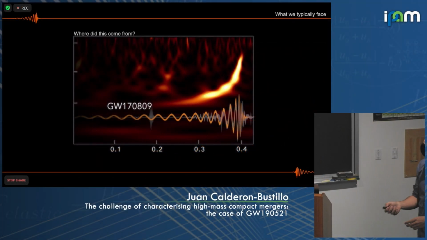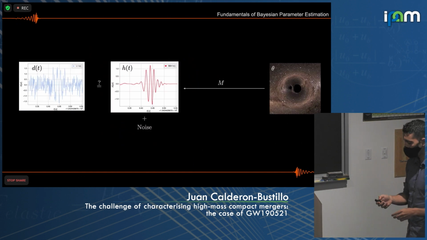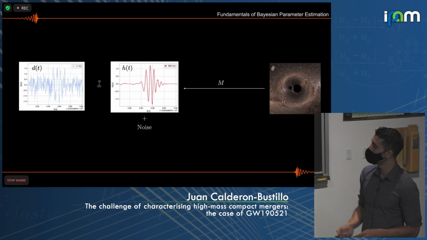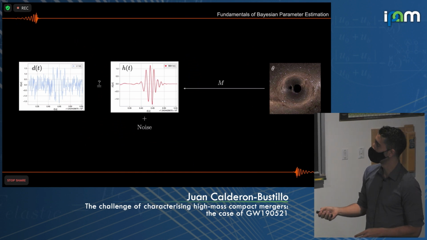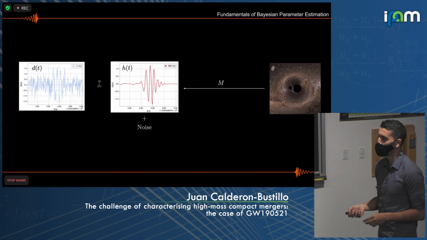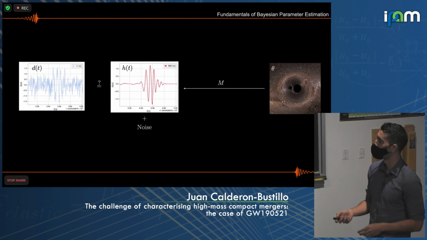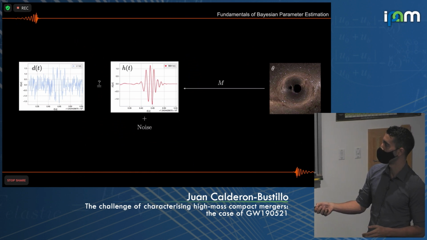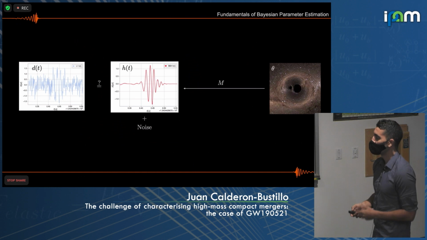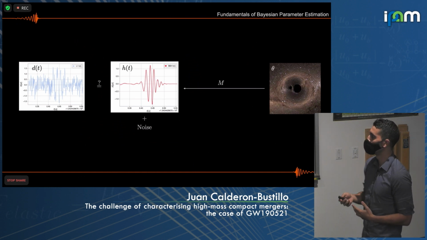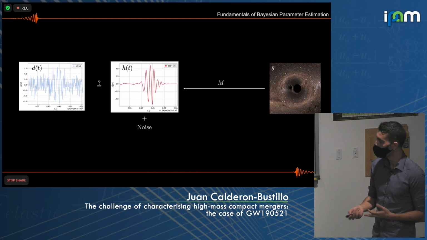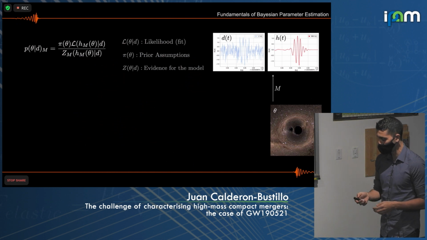Now, when we go about guessing what this is, the problem we are faced with is essentially this. We have some data. We have some template model or some waveform that in principle is representing a source with certain source parameters theta according to some waveform model, which could be a phenomenological model, could be effective one body, could be numerical relativity. And of course, I skipped one thing here. We are assuming that this is a given model, or we want to guess if this corresponds to a given model plus noise that we believe we have under control, meaning we assume that this is Gaussian, stationary, and that is well represented by our power spectral density. We consider nowadays this assumption to be rather safe.